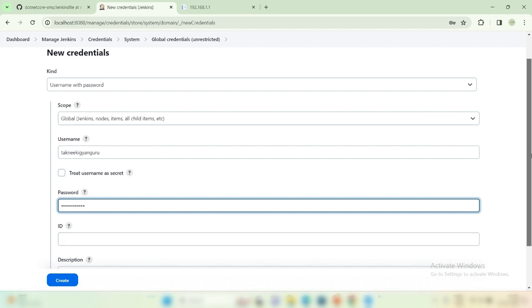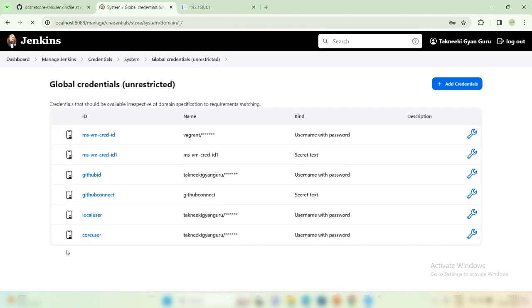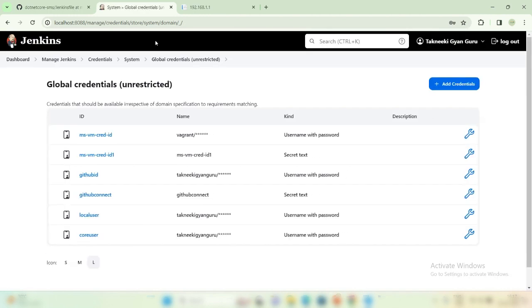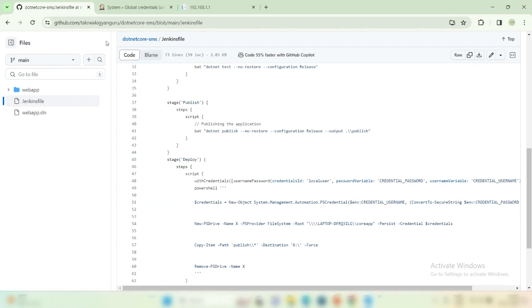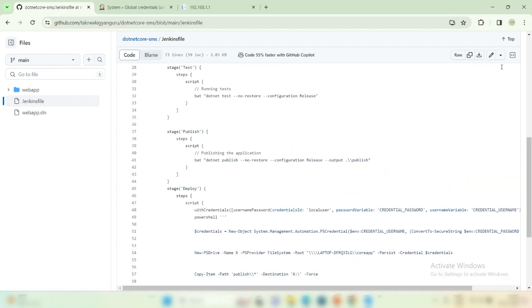Okay. I have given the password and ID. Here we need to mention the ID such as local user, right? So I would say core user. Now we have to update this core user in our Jenkins file. Okay. Now go to this .NET Core job and edit it,